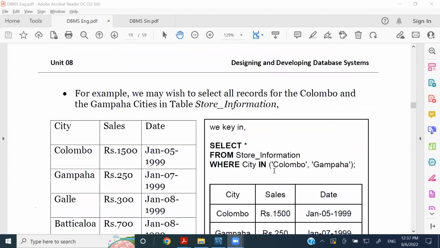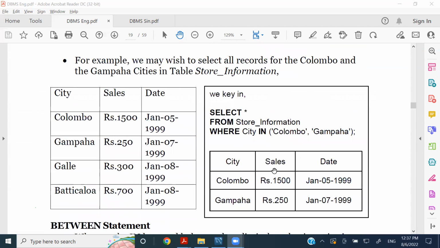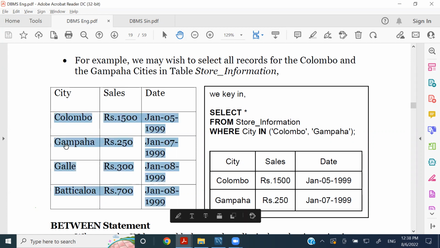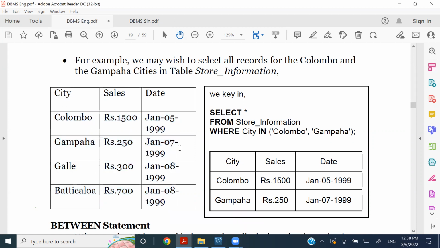In the example, they need to take all the records from the stores in Colombo and Gampaha, right? The cities which are located in Colombo and Gampaha, right? Now here in this table, it contains 4 different records: Colombo, Gampaha, Galle, Batticaloa. So from that,